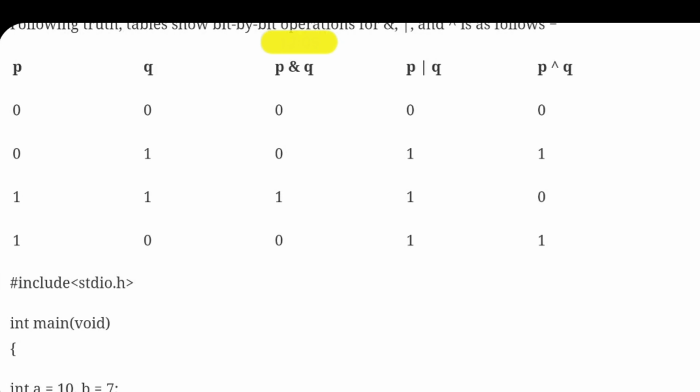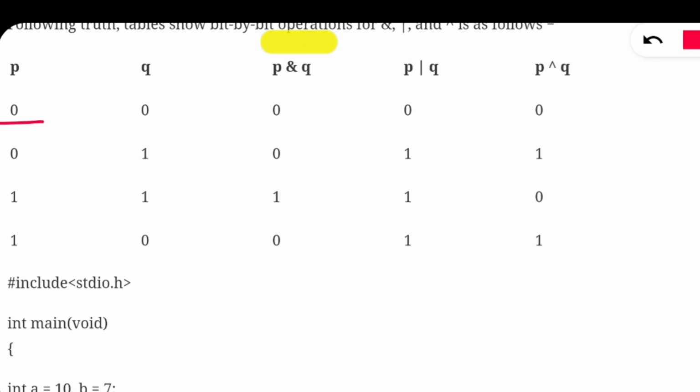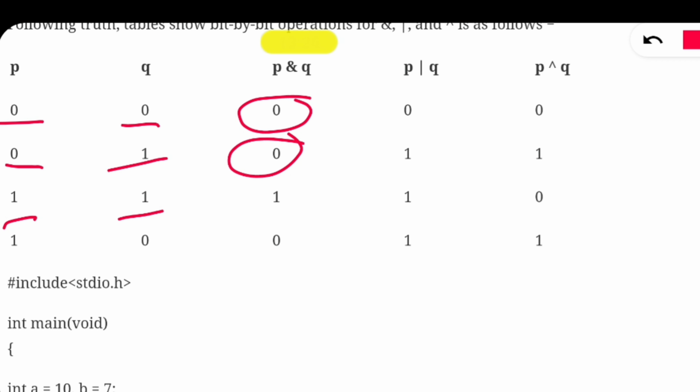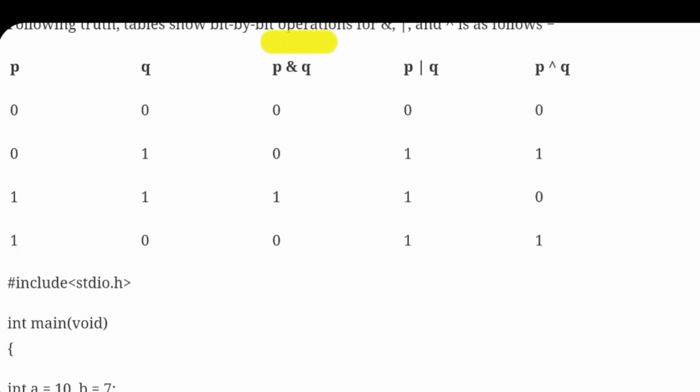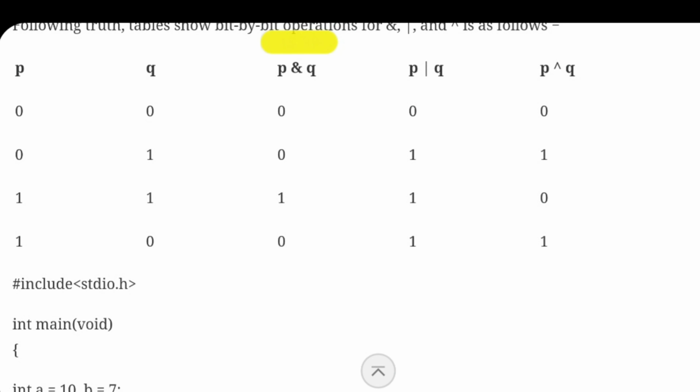So we can check here. Here first input is false, second input is also false, the output will be false. First input is false, second input is true, then also false, because if you are getting both inputs as true, in that scenario only the output will be true. So here input is true, then output will be true. Here first input is true, second input is false, so it will be false. So just remember one thing in case of bitwise AND: if both inputs are high, or high means 1, or true means also 1, in that scenario only the whole expression will be true.